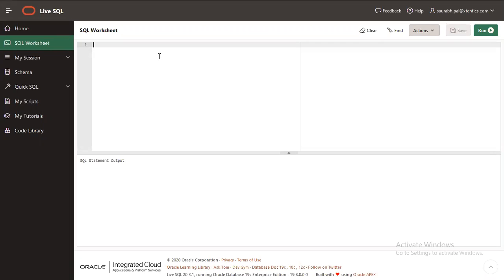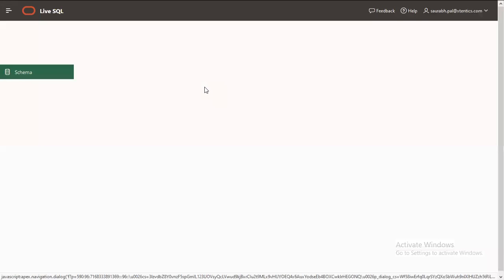Yes. Okay, so let's try a small query which says select star from employees. The name of the table is employees, and star means fetch me everything from the database. See, it says the table does not exist. That means the name of the table could be different. So how will we see the table name first? We have a schema here which shows you the name of the table.